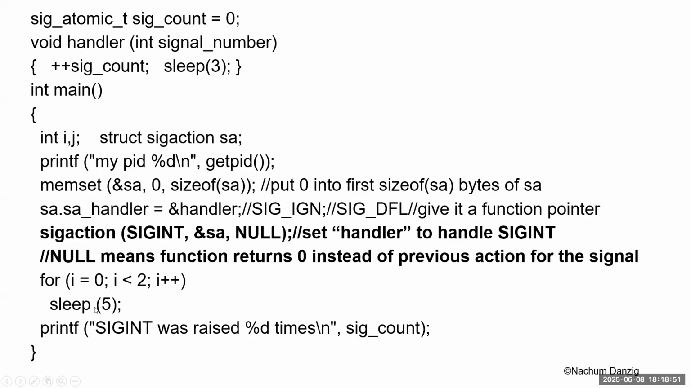And now I can simply run this loop 2 times and sleep. And notice what I do here. I make a global counter. This counter is global so that